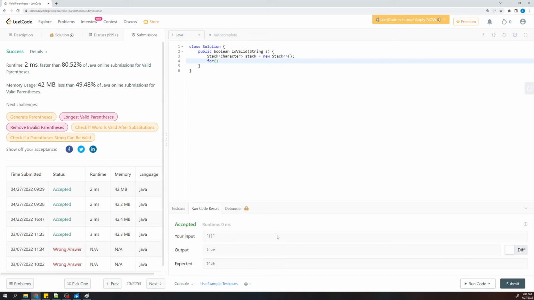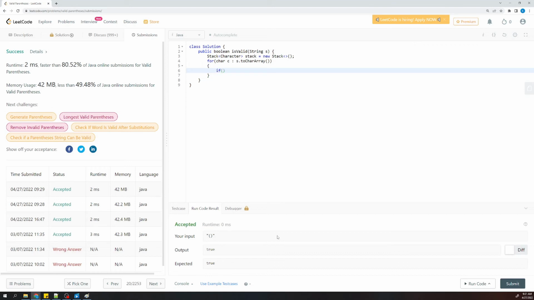So if you're in that interview and they want you to solve this in 15 minutes, you could easily code this out in that 15 minutes. Okay, so we're still looping through our string as a char array, and what we're going to do is